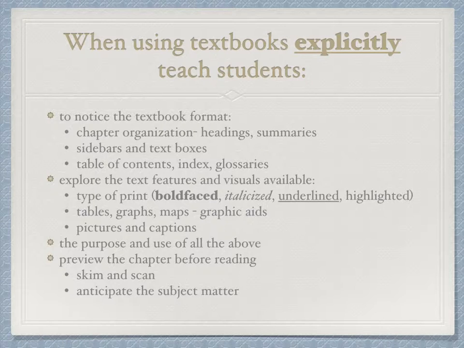Look at the table of contents, the index, and the glossaries. Then you want to explore the text features and the visuals that are available. A lot of those graphic aids, you want to look at the type of print. Are the important words bold-faced, italicized, underlined, highlighted? Are there tables and graphs, maps, things like that that help to add to the information